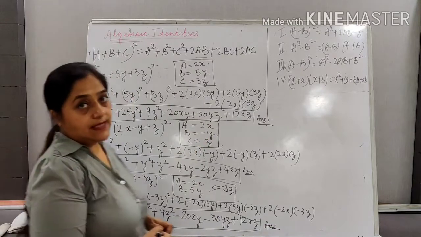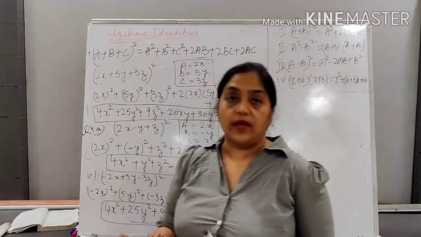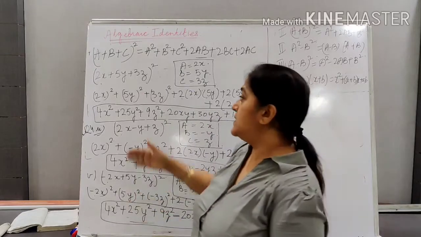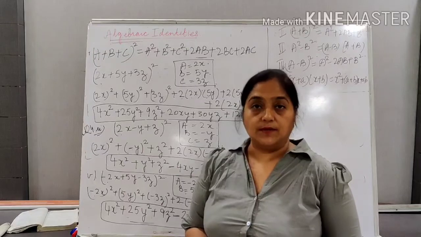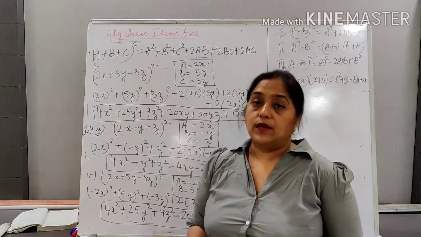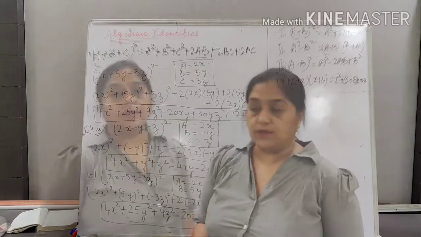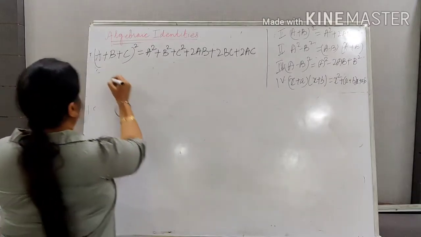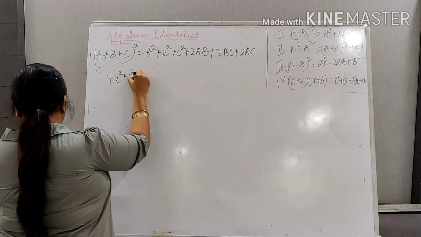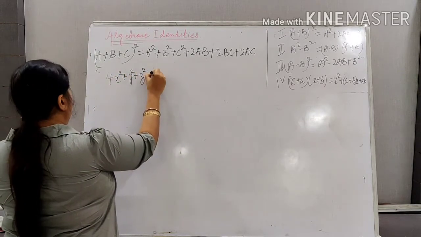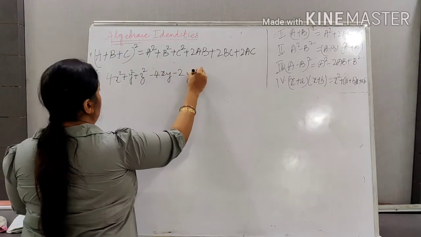So this is your ultimate answer of this question. So we have discussed a plus b plus c whole square and its various forms: what happens when one of the terms is negative and what happens when two terms are negative. So now over to the factorization of these types of questions. Suppose I have a question, 4x square plus y square plus z square minus 4xy minus 2yz